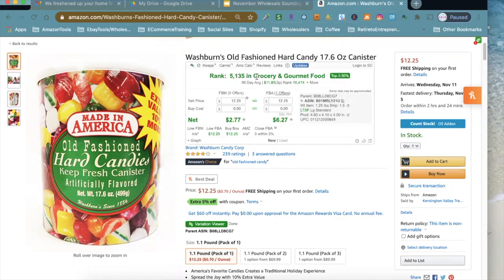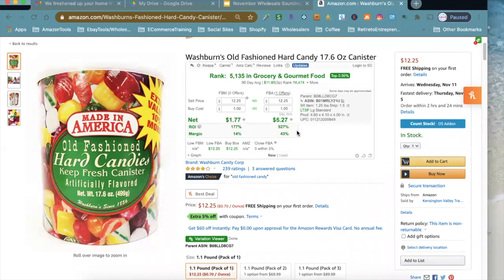So you see the rank right here, whether it's the top 1, 2, or 3%, that's here. You can see the price. Once you put in the price, I'm just going to put $1 because I know that's what it costs. And you can see your net profit here. You can see your ROI. You can see your profit margin. RevSeller gives you all of that right here for this one product. So you already see that it's validated. You just have to go find the source. And I already told you what their source was, Dollar Tree.